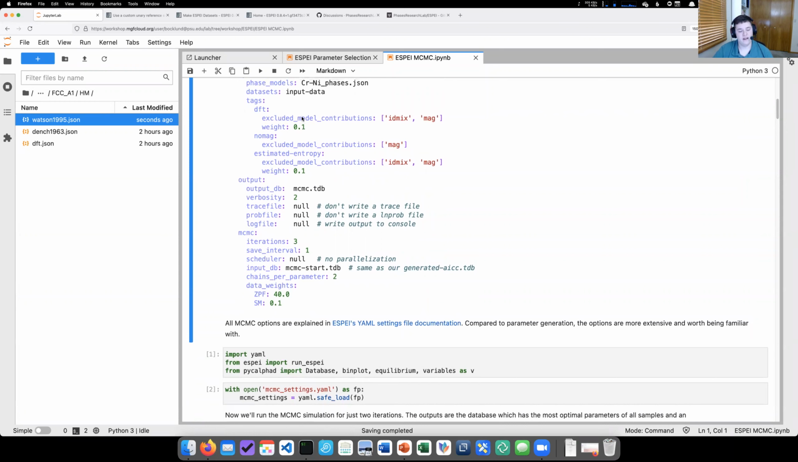I guess while we're here, this is probably the best time to mention this excluded model contributions tag as well. You probably saw it for the parameter selection. What this means is that Richard showed yesterday a little bit of how custom models work and how models are constructed. And so there are contributions to the model. One of them is ideal mixing, or ID mix, and this name is specific to that model. What this says is that if I have DFT data, I want to exclude the Gibbs energy contributions from ideal mixing when I'm doing the fitting,